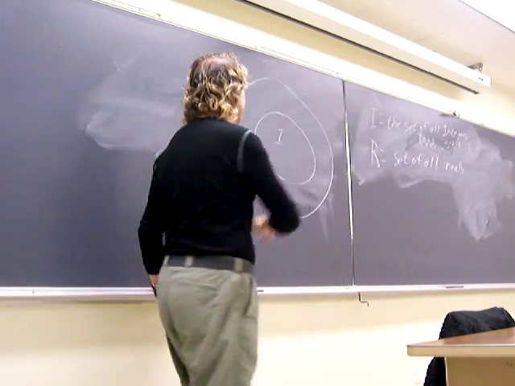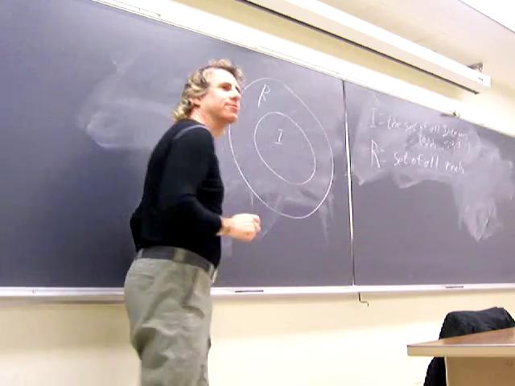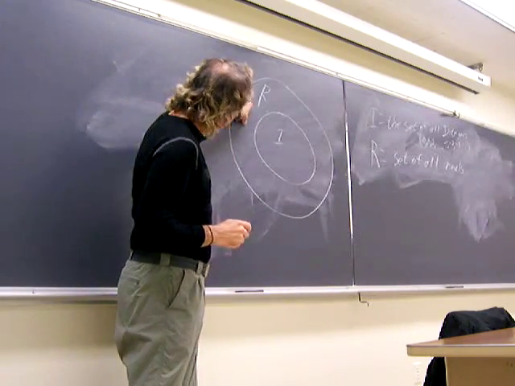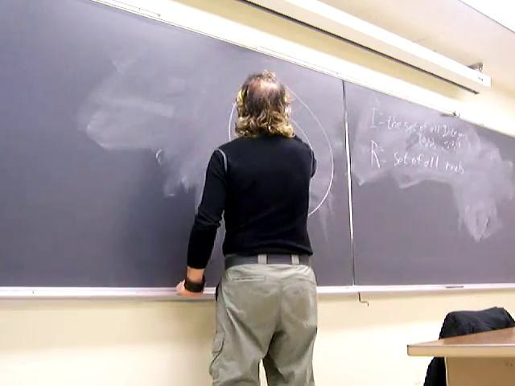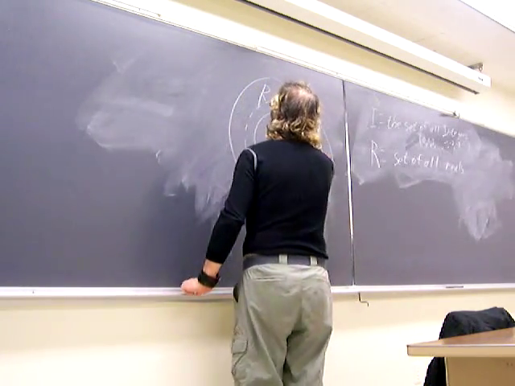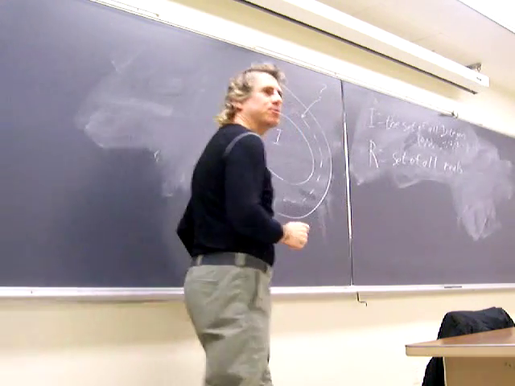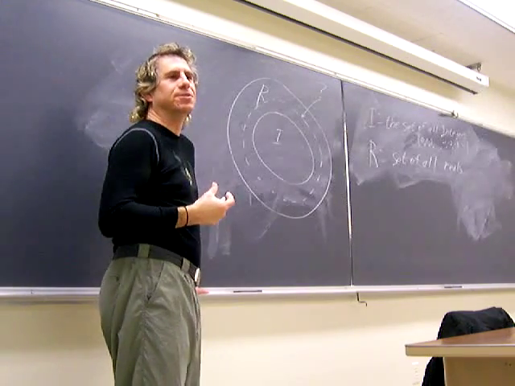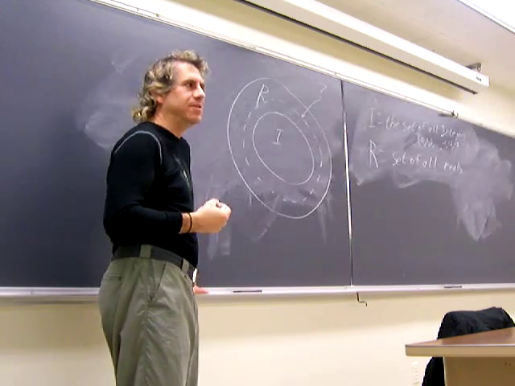Okay, so big infinite circle containing all the integers, bigger infinite circle containing all the reals. Okay, and this infinity is fundamentally bigger than this infinity. So, a natural question to ask is there some set in between those two? Is there some set that has more elements than the integers, but fewer than the reals? Can you find something in between?